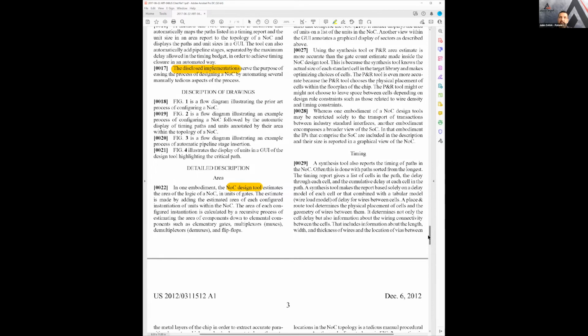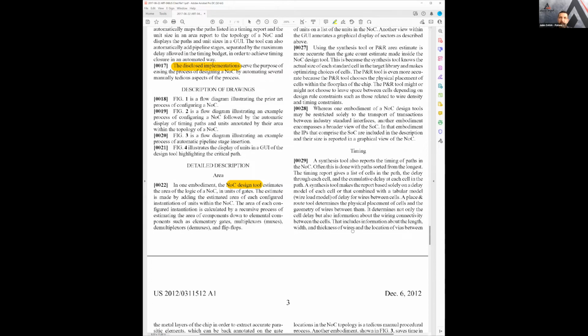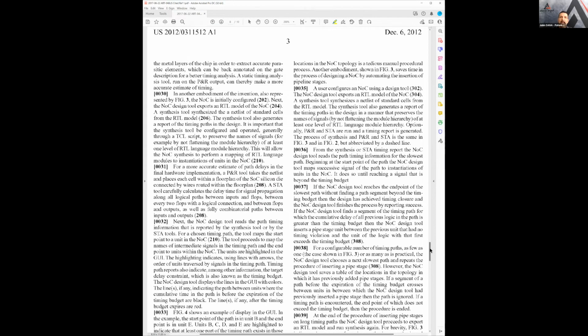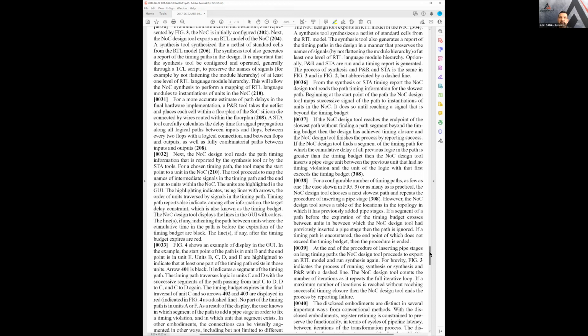Again, this application has already been written, so the patentability search would be irrelevant at this point because it's been written and filed, and it was back in 2012. So it's been around for a while. If I had this information in front of me before I filed the patent application, I would then be looking at certain things. Like if you look here, it says network on chip design tool and what it's